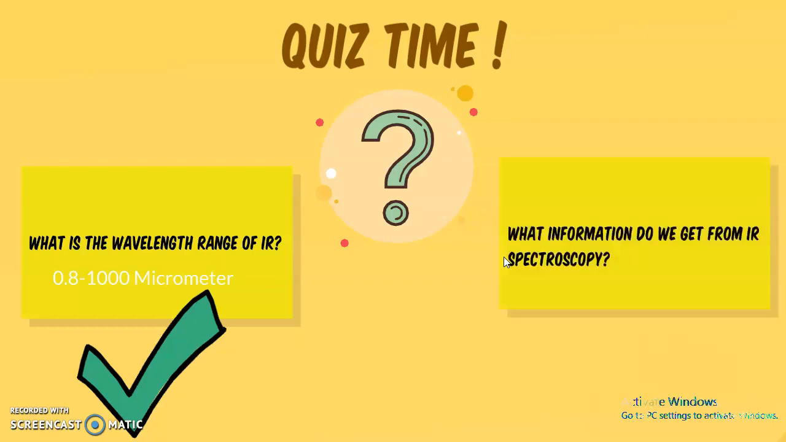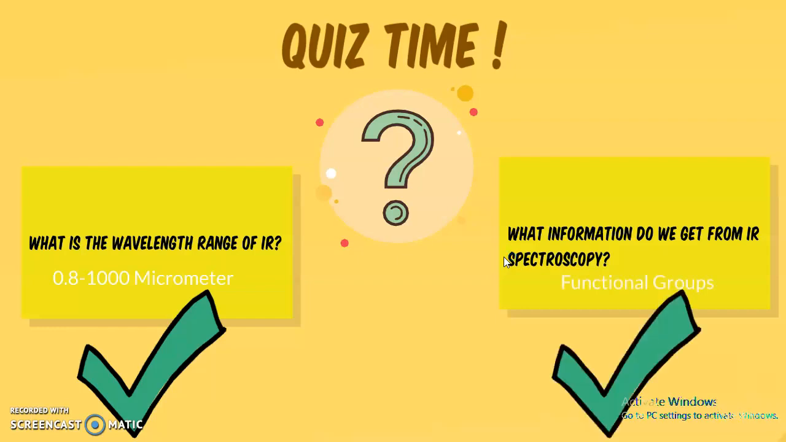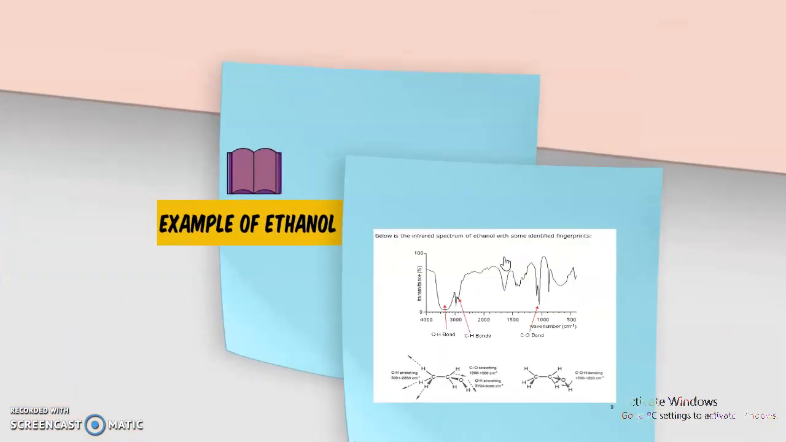Absolutely correct. What information do I get from IR spectroscopy? I think I just gave the answer. It is nothing but functional group. Absolutely correct. Once the quiz time is done, we go to the next part of it, which is the example of